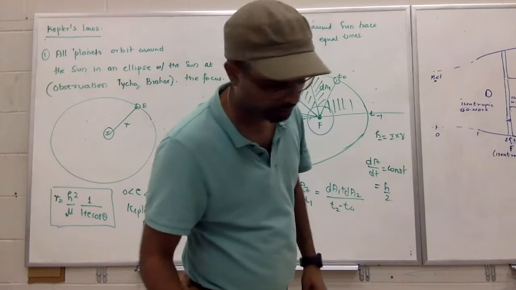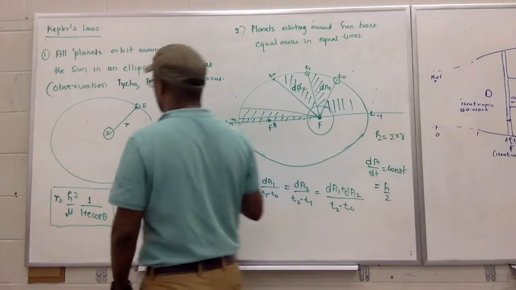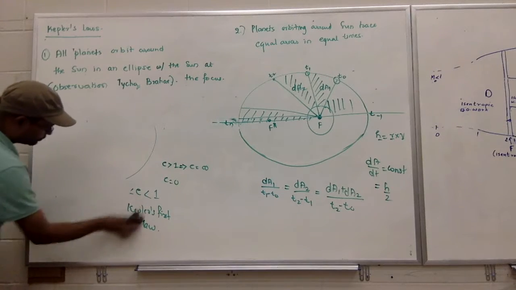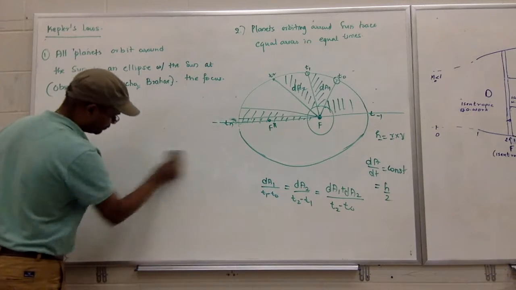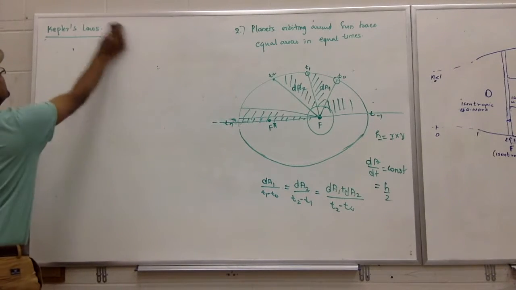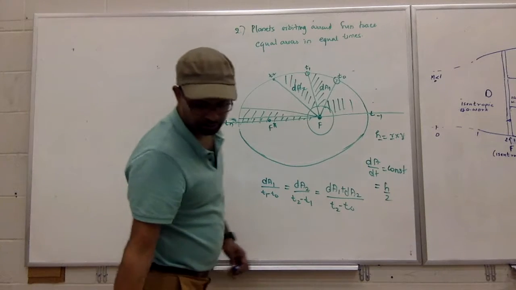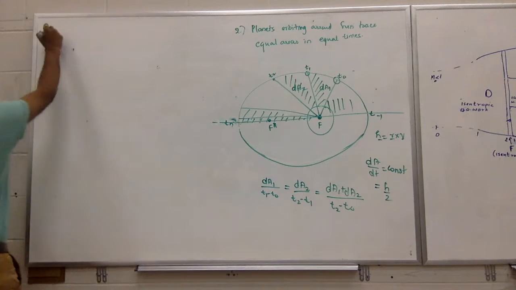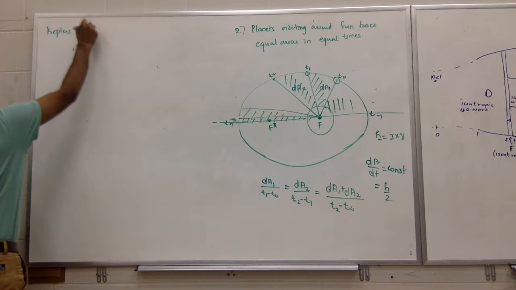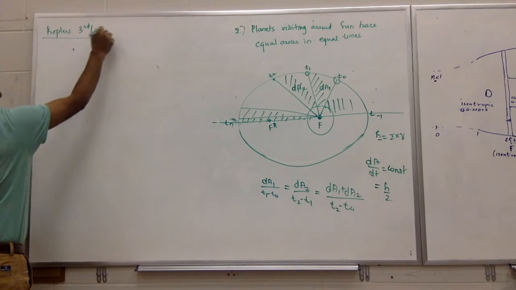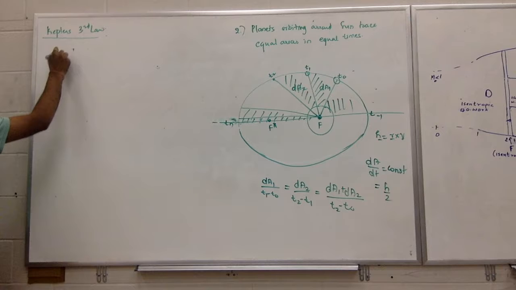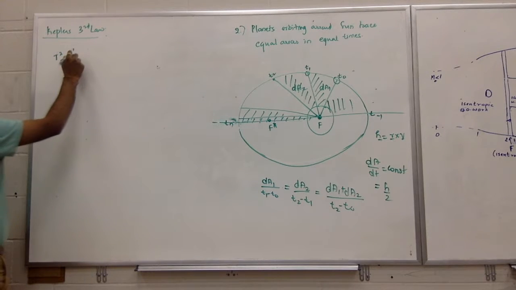And the last principle or last law, Kepler's third law, states that T square is proportional to